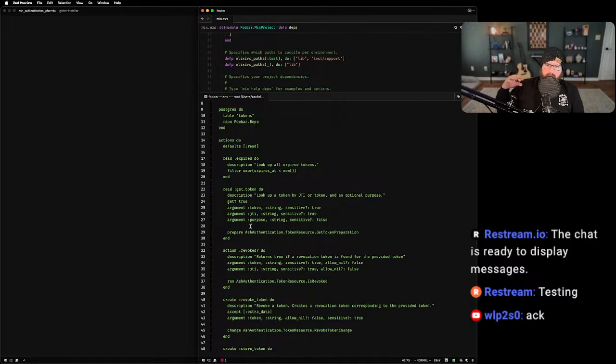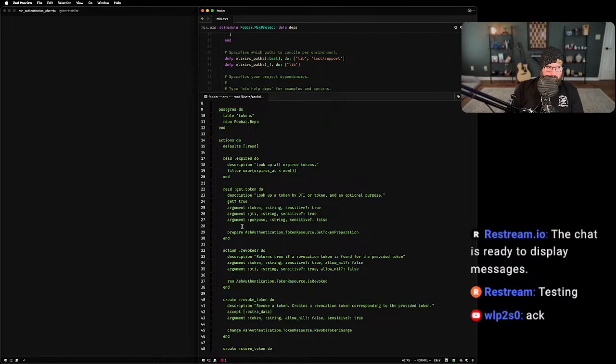So we have this perfect little balance of library code where we can fix problems with the get token preparation, or the is revoked action definition, all that sort of stuff. We can fix those things, but you can still extend the actions. Obviously, there are going to be some natural limits to that, but what are we going to do, right?